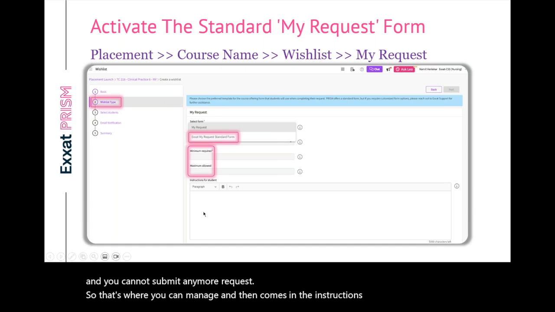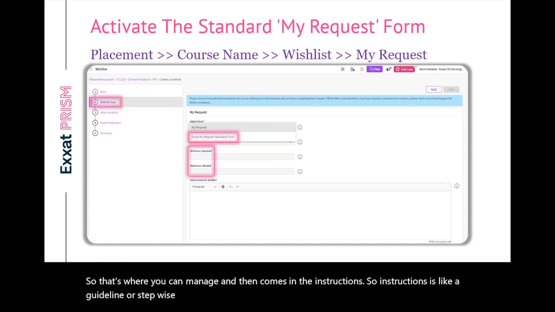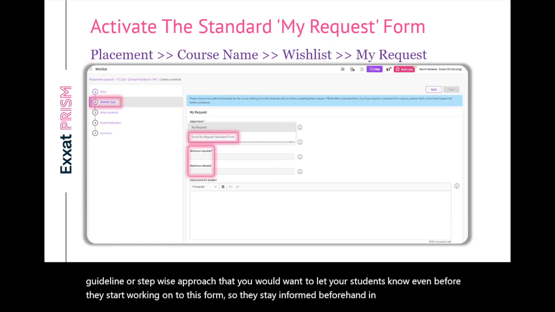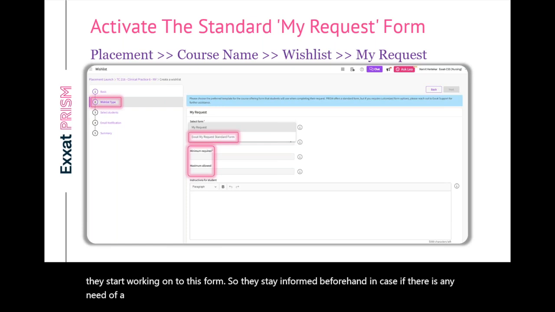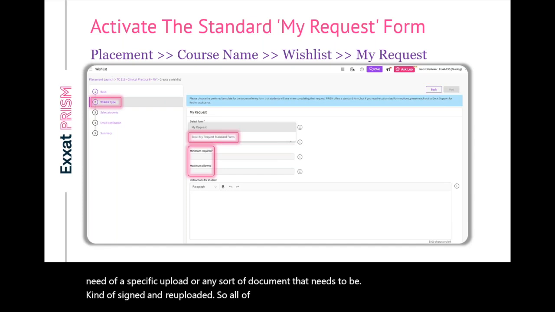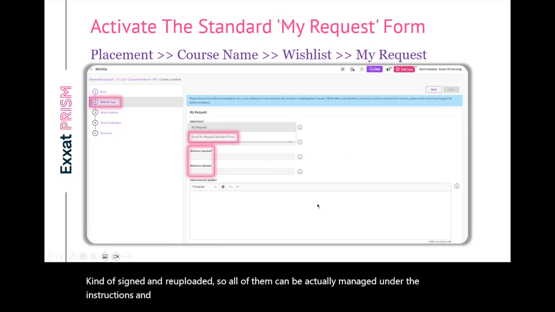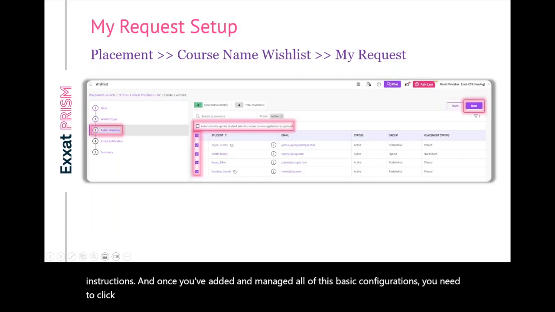So instructions is like a guideline or a stepwise approach that you would want to let your students know even before they start working on this form. So they stay informed beforehand in case there is any need of a specific upload or any sort of document that needs to be signed and re-uploaded. All of them can be managed under the instructions. And once you've added and managed all of these basic configurations, you need to click on next,